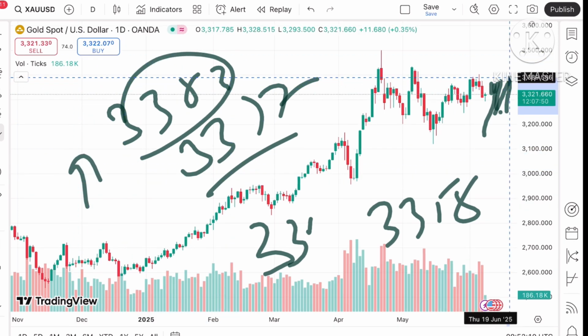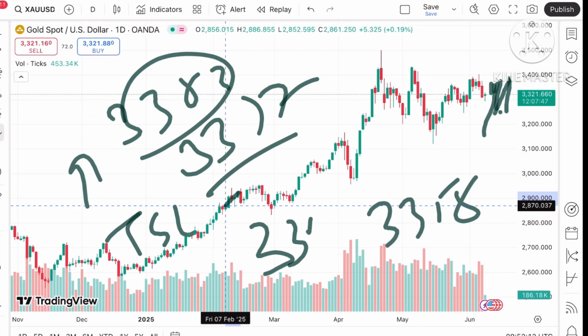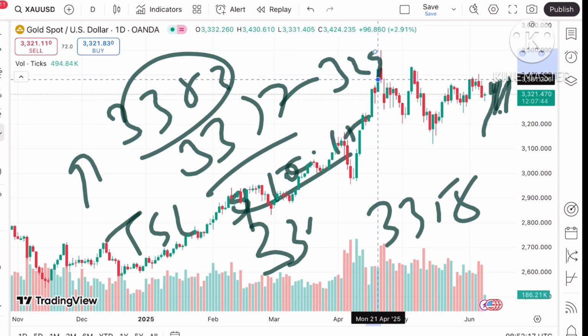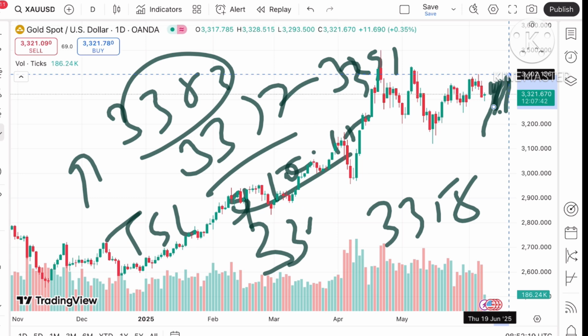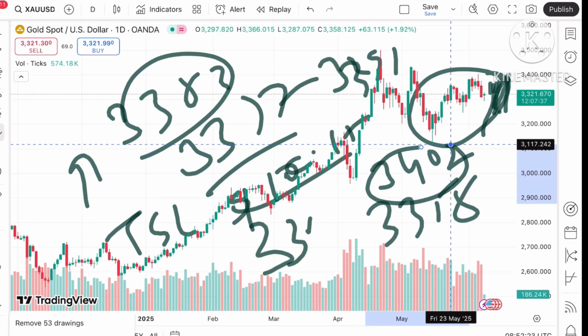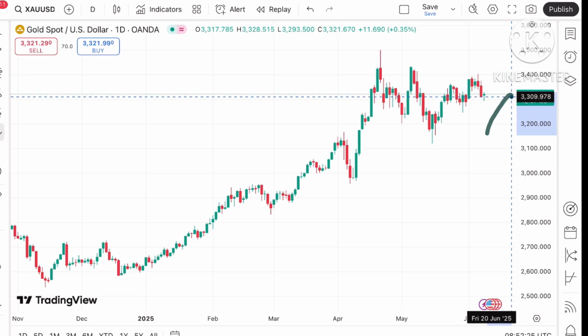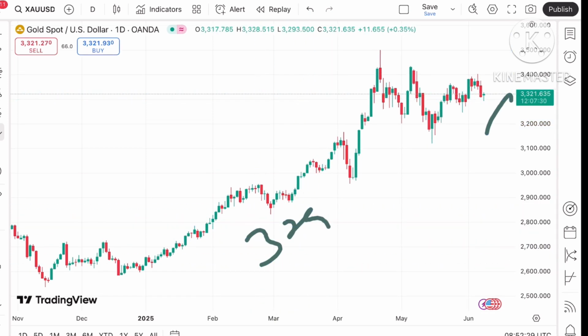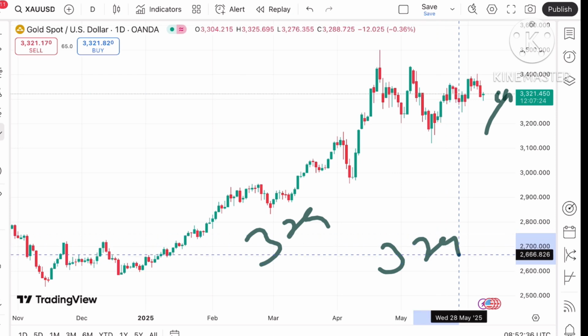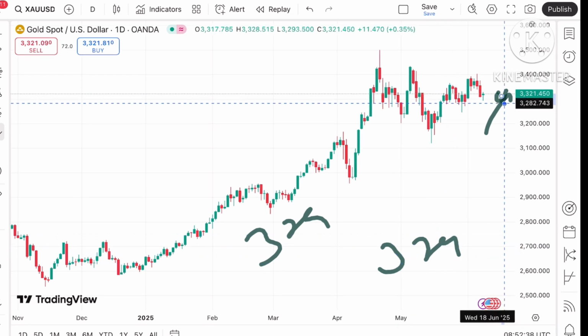So you have to keep trailing your SL by 10 or 15 dollars, so you can capture a big movement towards the upside. If that sustains, the price will move above a level of 3402, and then further high. But suppose the price doesn't sustain, it can come down again towards the next level, around 3295, and if the price goes below that particular level, the chance of touching 3291, and if it starts going below that level, we can see a level of around